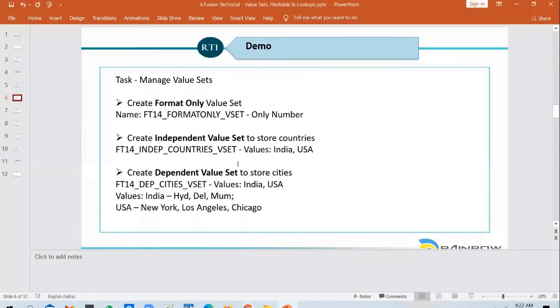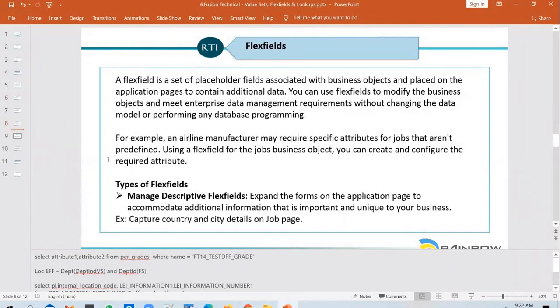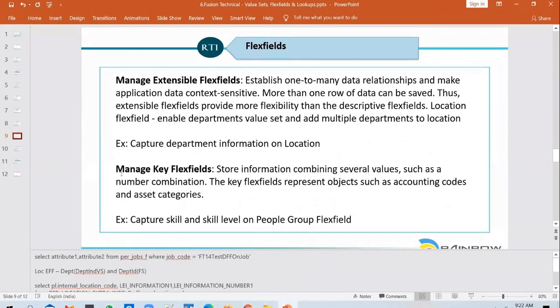So even though we are creating the value sets and configuring the flex fields, you won't be the person doing this. As a technical consultant, you won't be doing this. This will typically be done by functional consultants after getting the requirements from the client. But we thought it would be better if technical consultants also know how the flex fields work and how to configure them. At max, you might probably have to query the flex field to see what are the fields that are enabled. Other than that, you might probably never define a flex field.